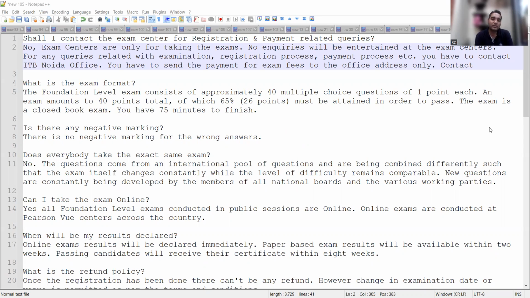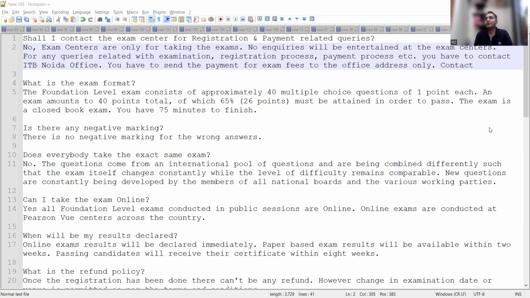But what I would suggest is, once your preparation is done, and let's say you have registered your exam for some particular center on some particular date at that particular time slot. Let's say your time slot is 1 p.m. to 2:15 p.m. Or your time slot is of the morning, maybe 10:30 a.m. to 11:45 a.m. Sorry. Then you should practice giving the examinations at your home first in that particular time duration.